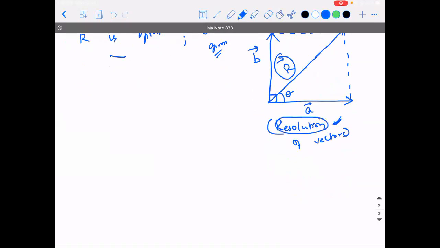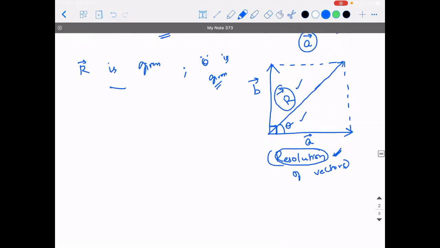So what did I ask you? I've given you R vector, I've given you theta. Write A vector and B vector so that A and B are perpendicular vectors in terms of R vector. So how are we going to do it? Think of the logic. Here I'm telling you one important point. I'm using the word perpendicular again and again. Wherever perpendicularity, angles and distances are involved, what mathematical operation is the best to use? Trigonometry. Yes, you need to go with trigonometry.